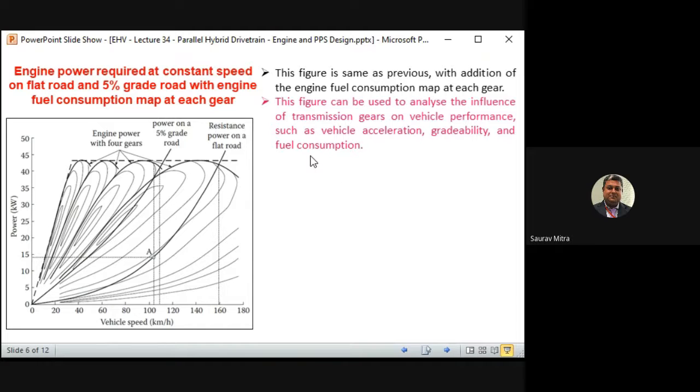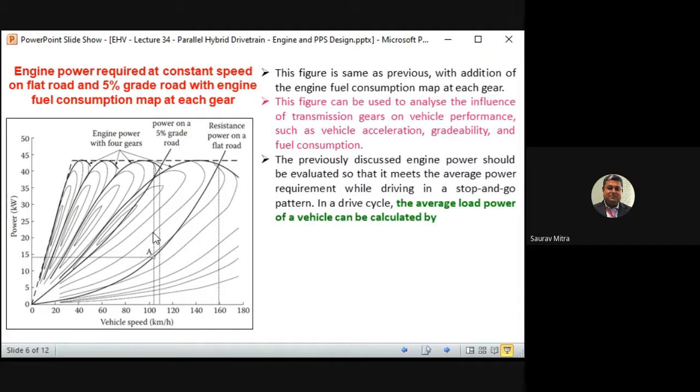And the last one is fuel consumption. Fuel consumption comes from these contours. For fourth gear, the range is between 55 to 80. So you have to drop these two points down, and find out as per scale the values of the speed at these two points. If we can run the vehicle within those two speeds for the fourth gear, the vehicle will give us the best fuel efficiency. That means on filling up the tank once, we can go the highest distance. So that is what these contours are actually telling us.